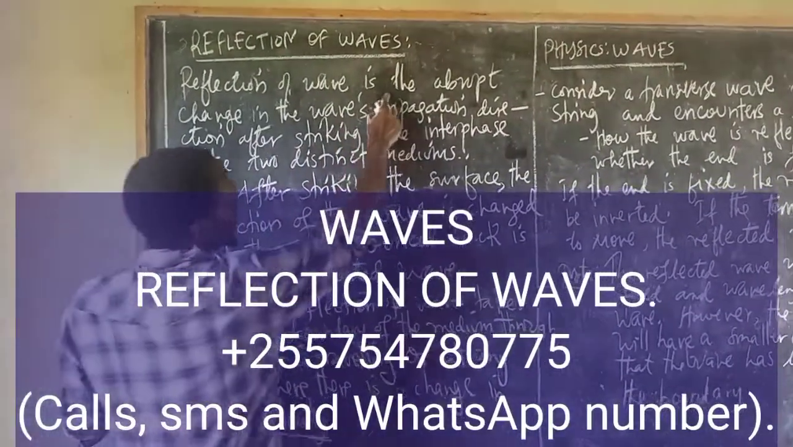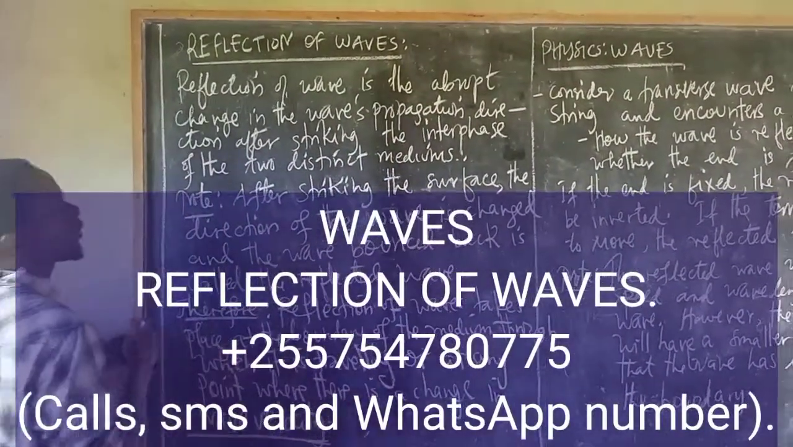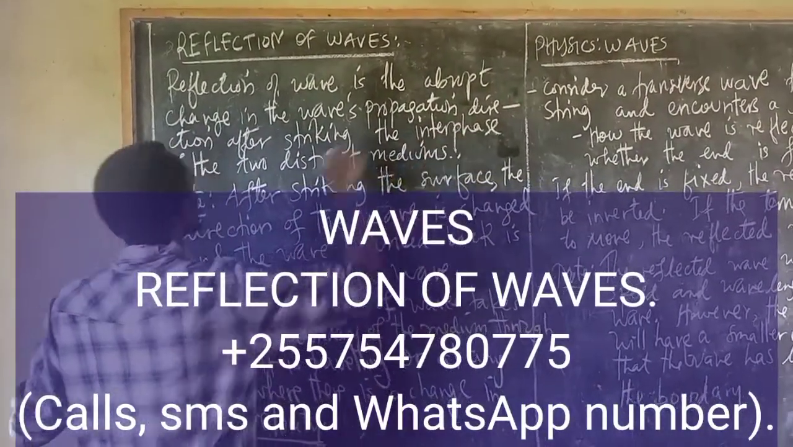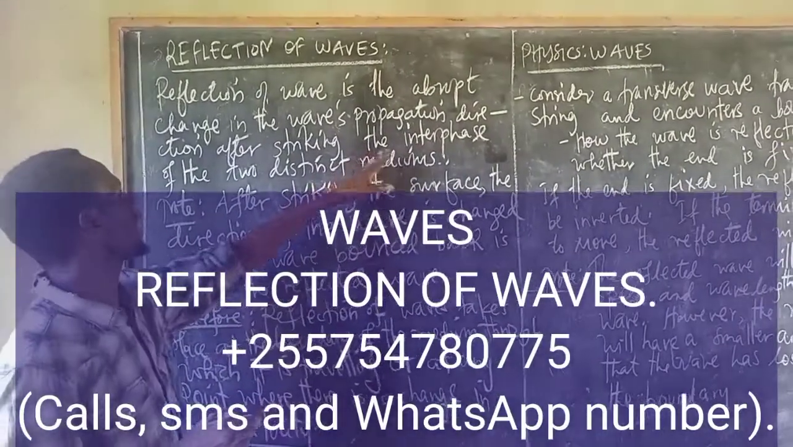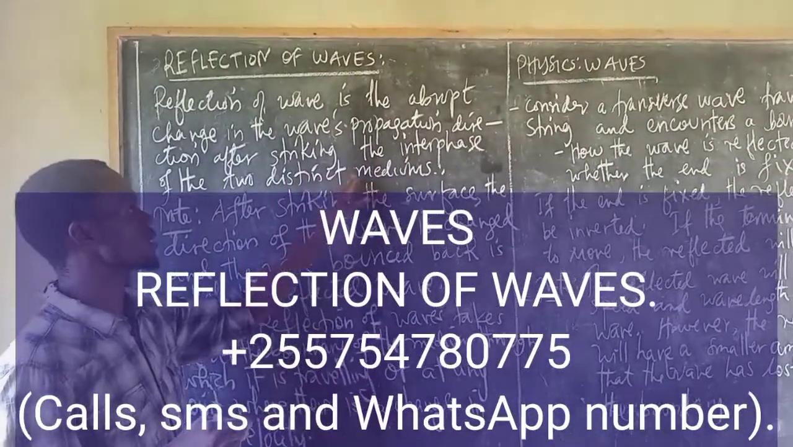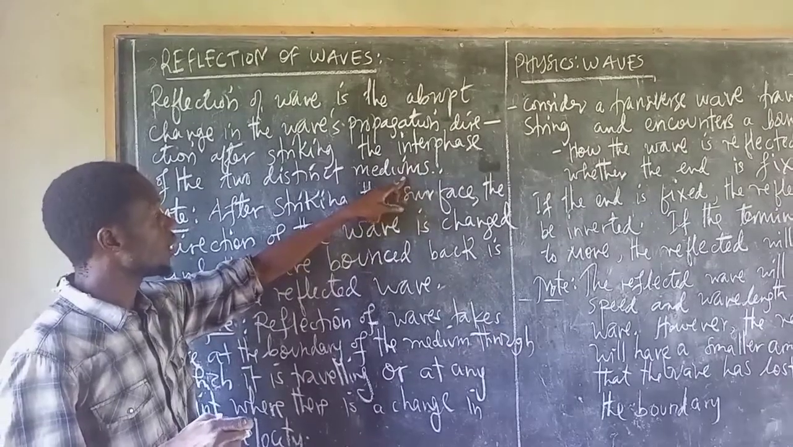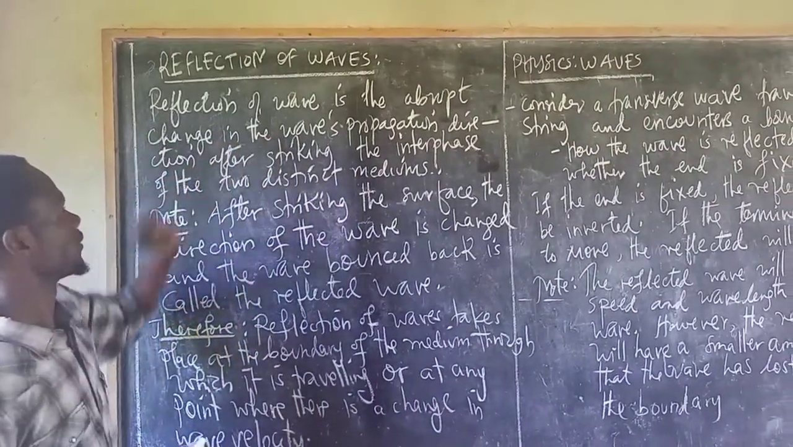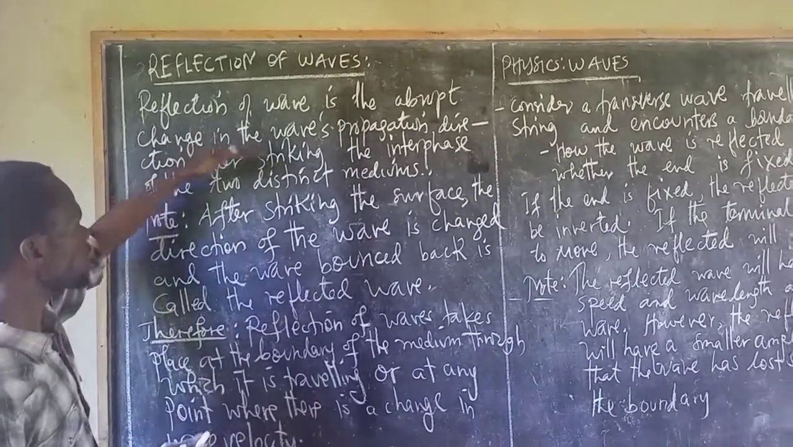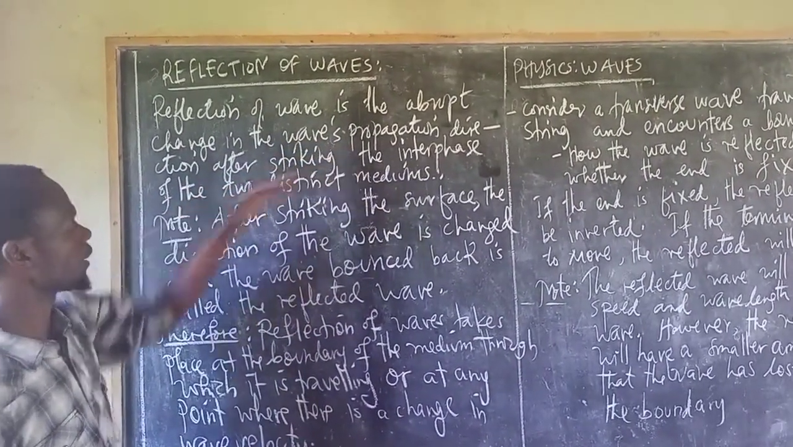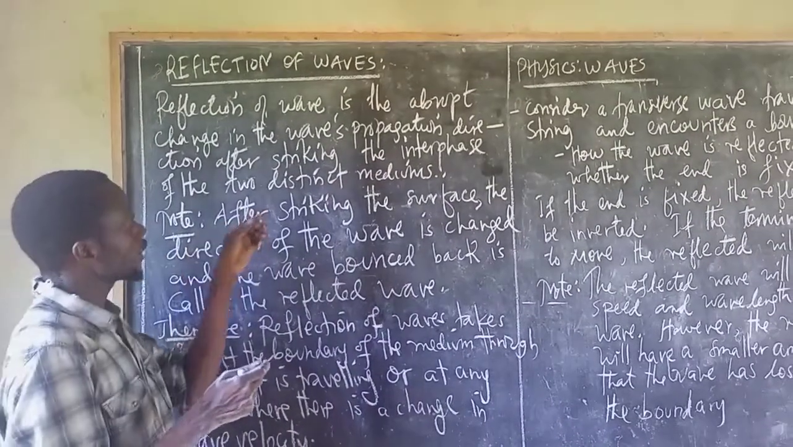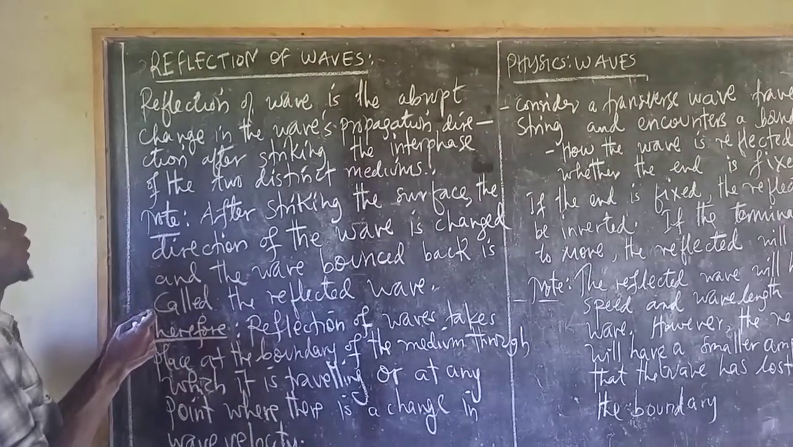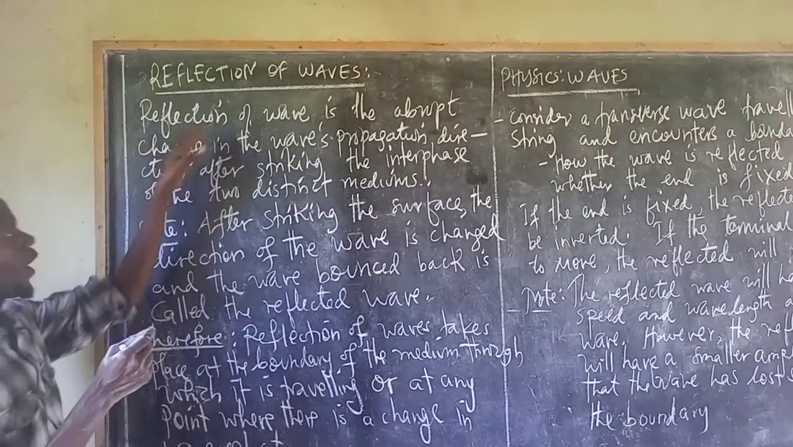Refraction of waves is the abrupt change in the wave's propagation direction after striking the interface of two distinct mediums. Means what? If the wave is traveling and encounters a change of speed because of the change of medium, we expect that reflection of the wave may